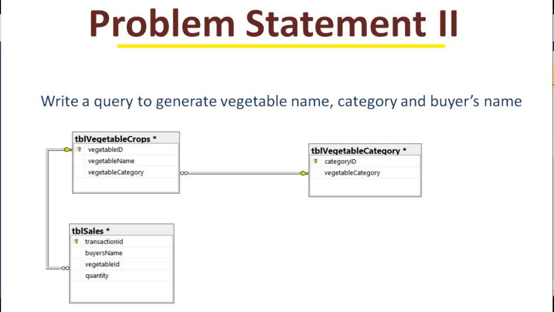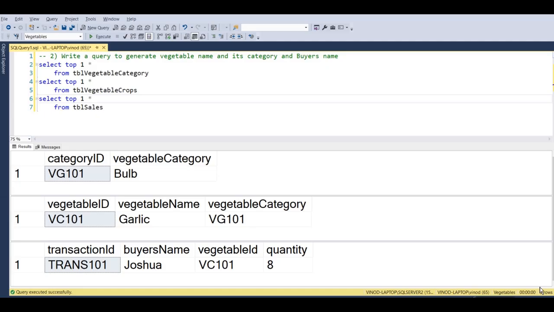Okay, let's move to the next query. The next query is to generate vegetable name and its category, which we already saw, but along with that we need one more column, and that is buyer's name. Now, how do we get these three columns? As you already know from the previous query, vegetable name is over here.